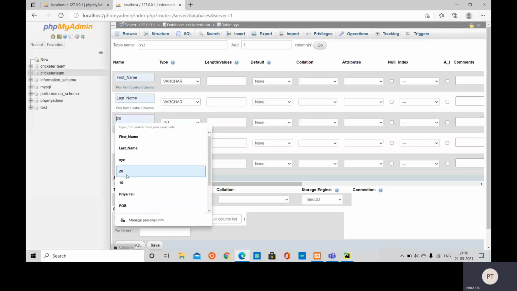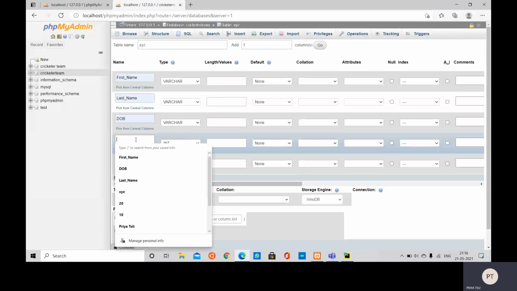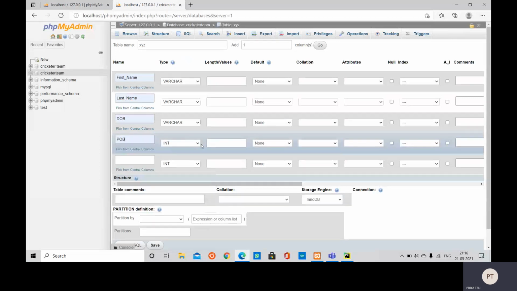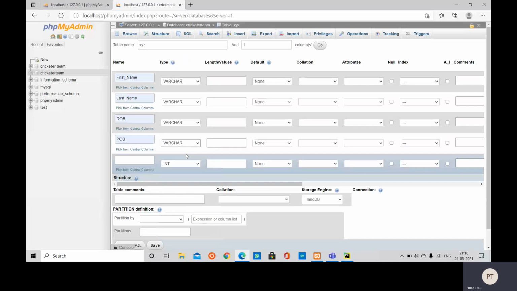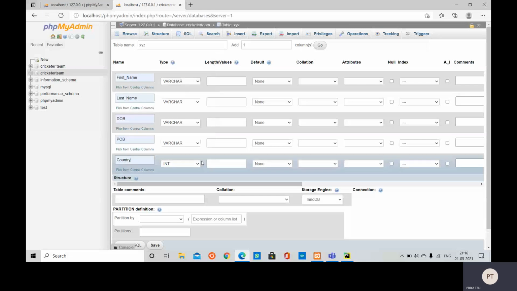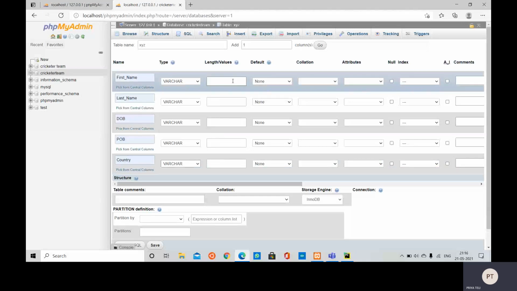The third one, say date of birth, also with type varchar. The fourth field is place of birth, with type varchar. And then comes country, also with type varchar, and let the maximum character length be 20 everywhere.